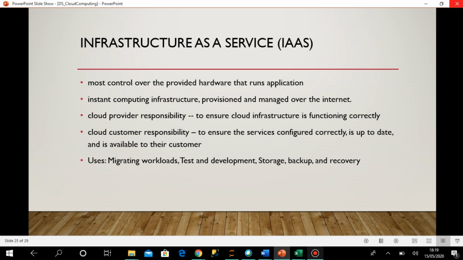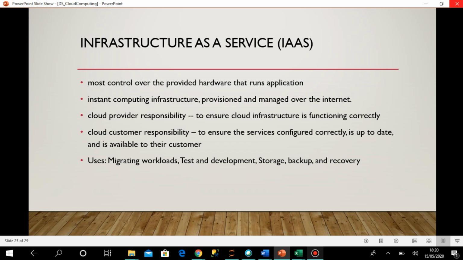Okay, so it is called a shared responsibility model, because some of the responsibilities are with the cloud provider and some with the cloud customer. Ensuring the cloud infrastructure is functioning correctly is the responsibility of the cloud provider. Ensuring the services are configured correctly, up to date and available is the cloud customer's responsibility.